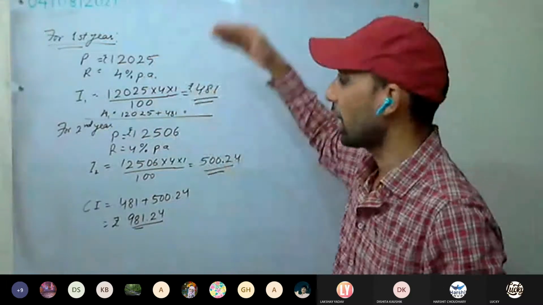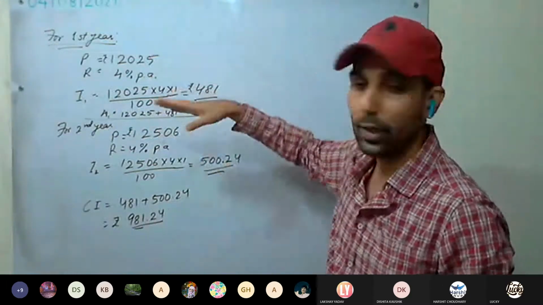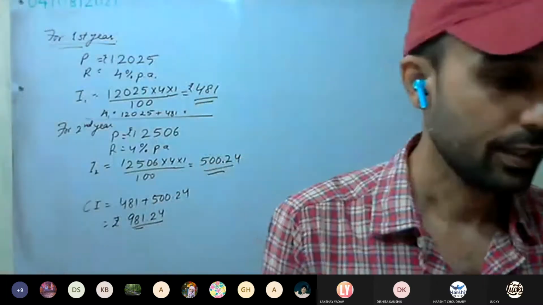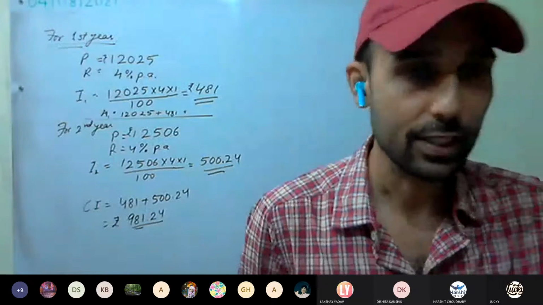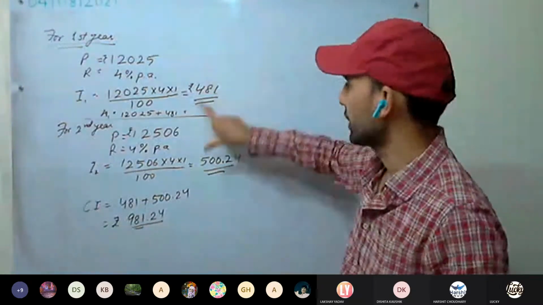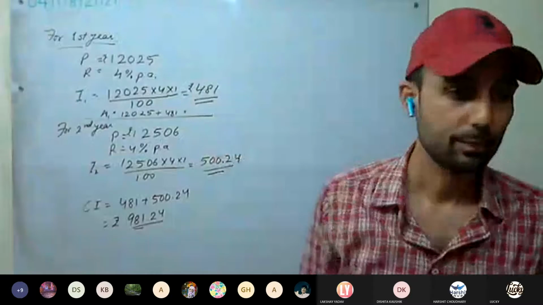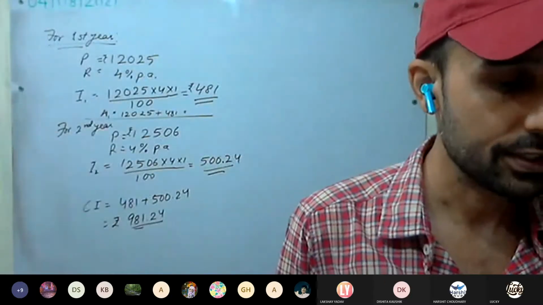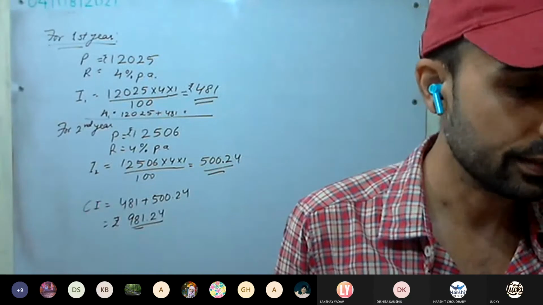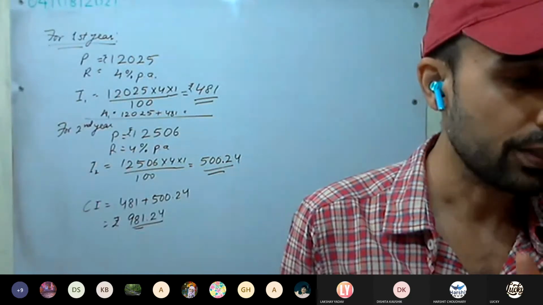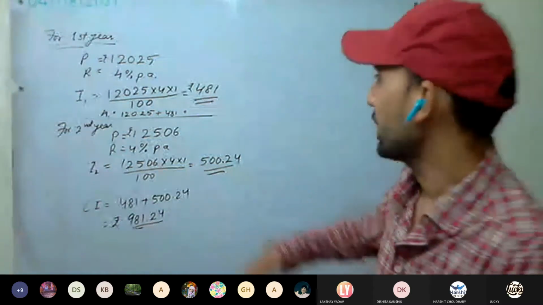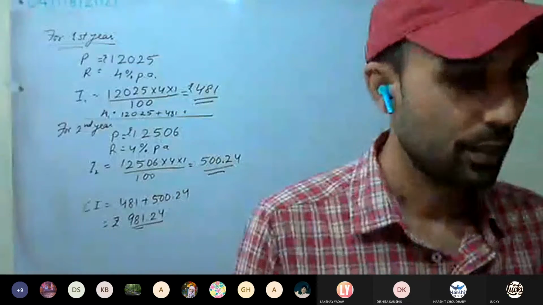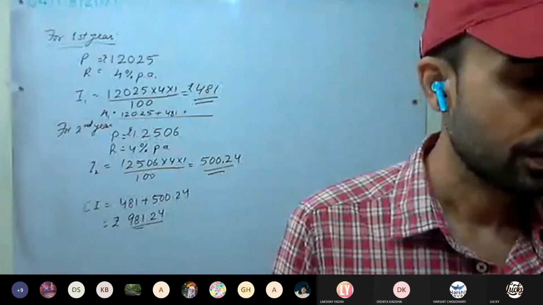Okay, it can be compounded half yearly also. It can be compounded quarterly as well. It can be compounded monthly as well. Okay, so here it is written compounded annually. That means you have to take first year, second year, third year. Okay, this question is clear. Calculate the amount and compound interest when 16,000 is invested for 3 years at the rate of 5% compounded annually. We are compounding it annually, yearwise. Okay, so try.